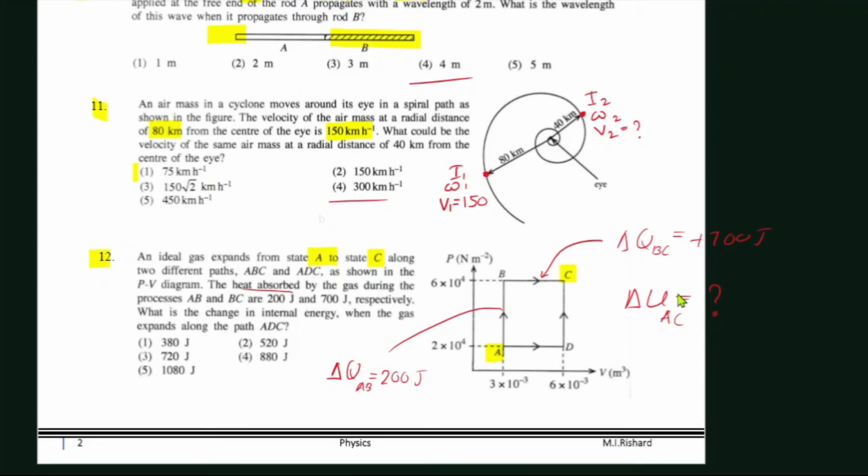You need to understand that this delta U AC is path independent. That means it doesn't depend on the path. It doesn't matter whether you go from A to C using this path or this path. The internal energy is state dependent. That means it depends only on the state. The initial state is A, the final state is C. So the internal energy change is